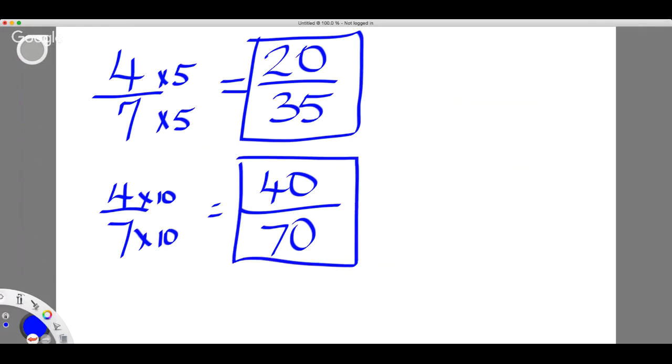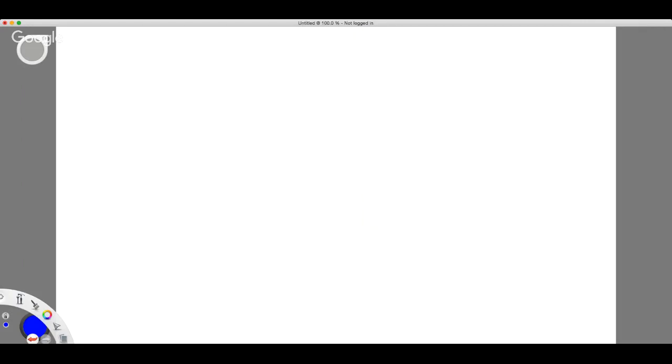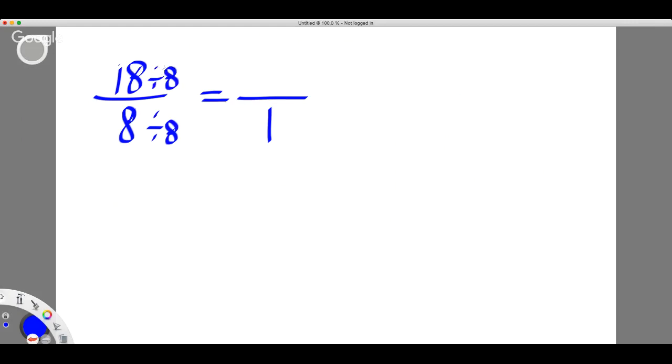Let's take a look at number 5. So for number 5, A and B, we need to find the unit rate. So if we know that it's $18 for 8 apples, they want to know how many dollars for 1 apple. So we have to divide by 8. That's how we got the 1. And if we divide by 8, 18 divided by 8, we know 8 can go into 18 only twice. 2 8s are 16, subtract, you get a